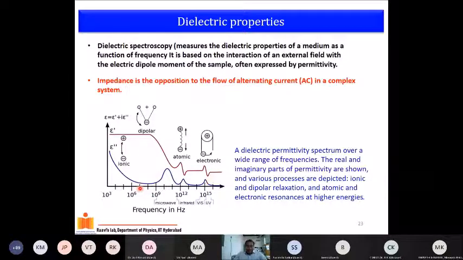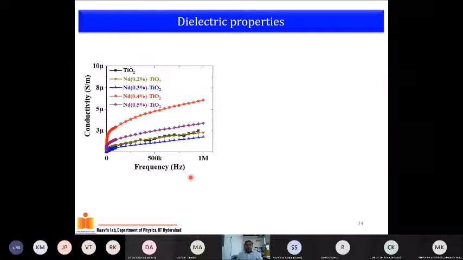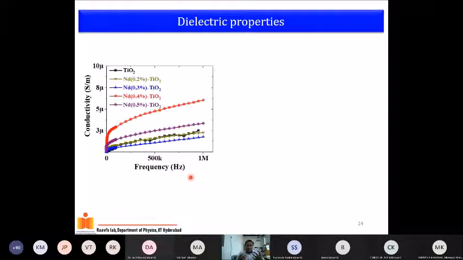Now the electric properties are sufficient as long as you see what happens in this region, because that gives a feel for how the photoconductor is changing at that frequency. We collaborated with our colleague at IIT Hyderabad, who has this instrument. We took the data, and the important observations are what I'm showing here.